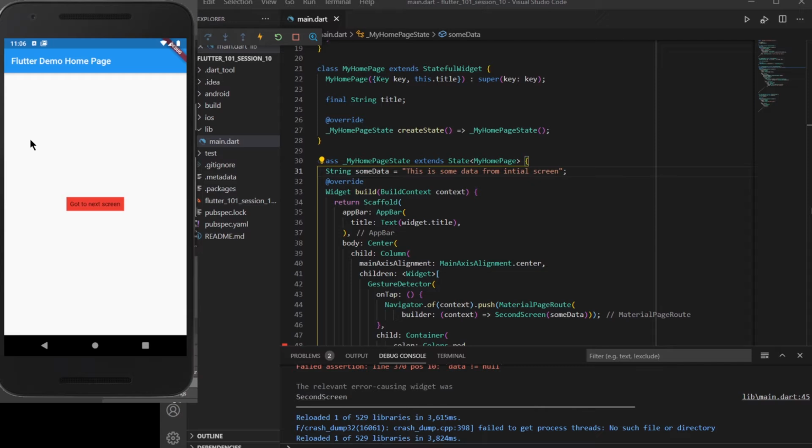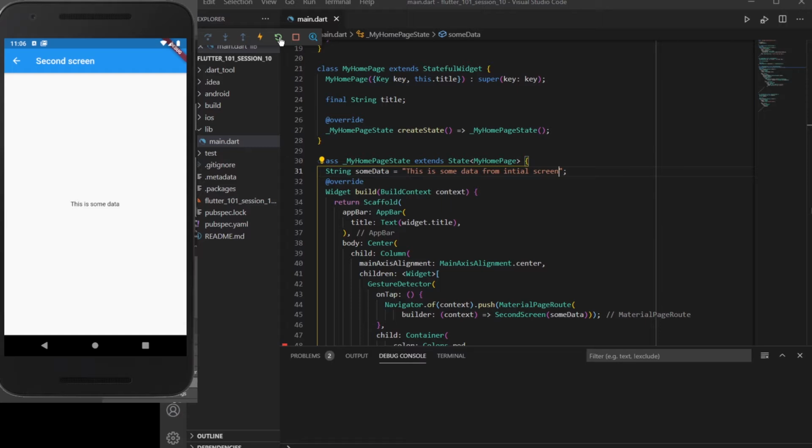And when I click on this button, it hasn't shown me the data. Let me hot restart it. So when I click the screen, it is showing me "some data from initial screen".